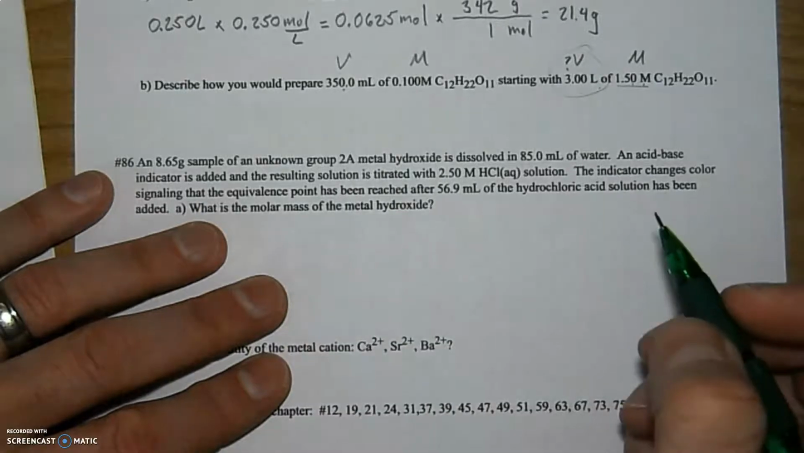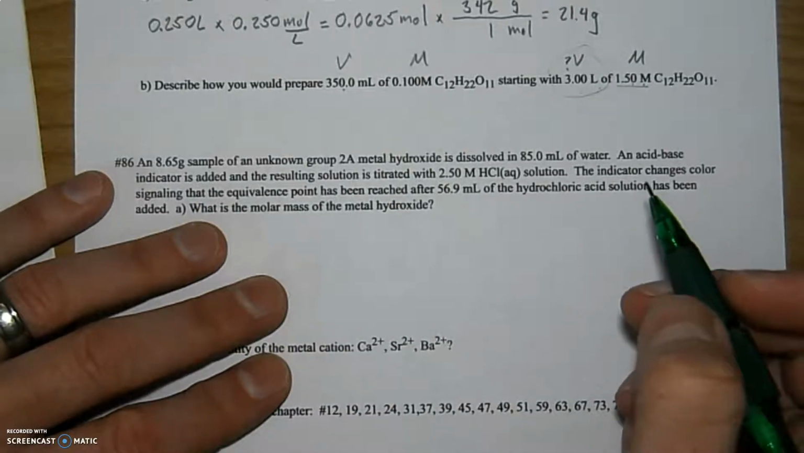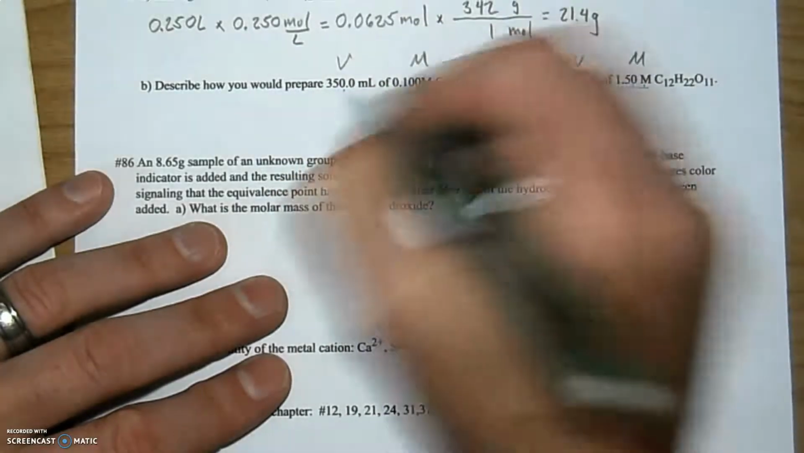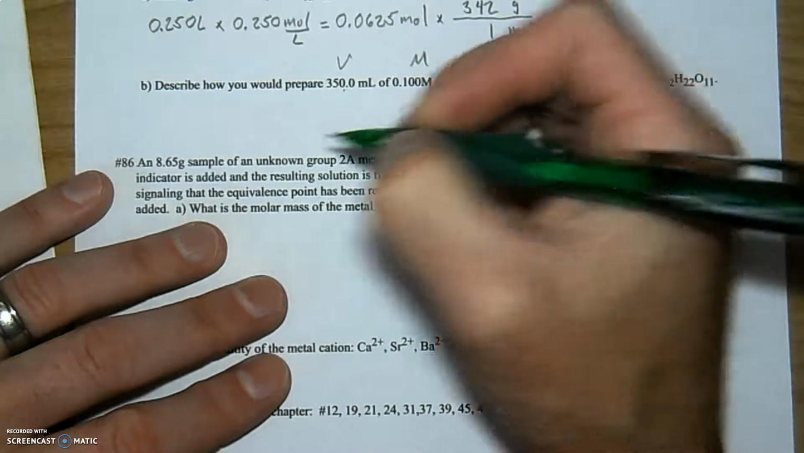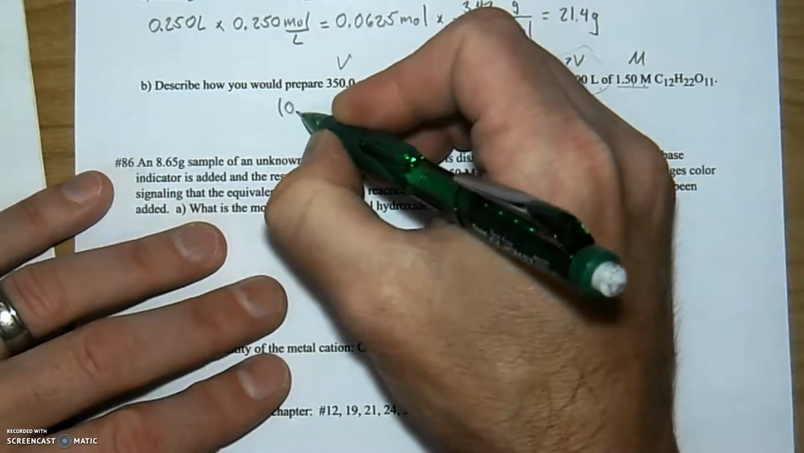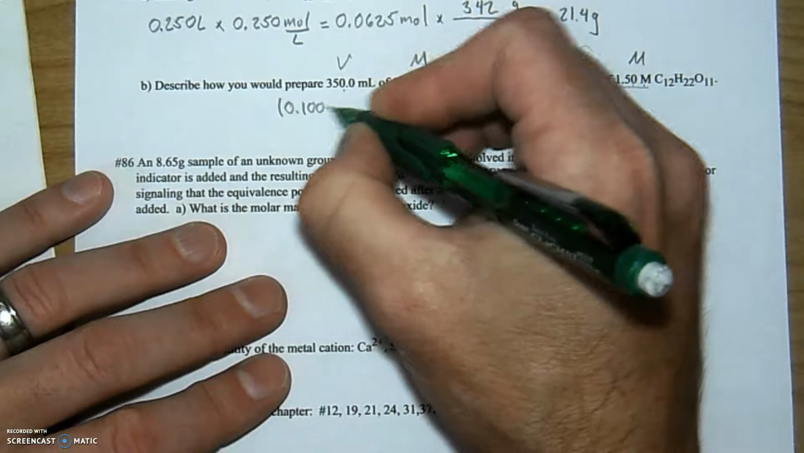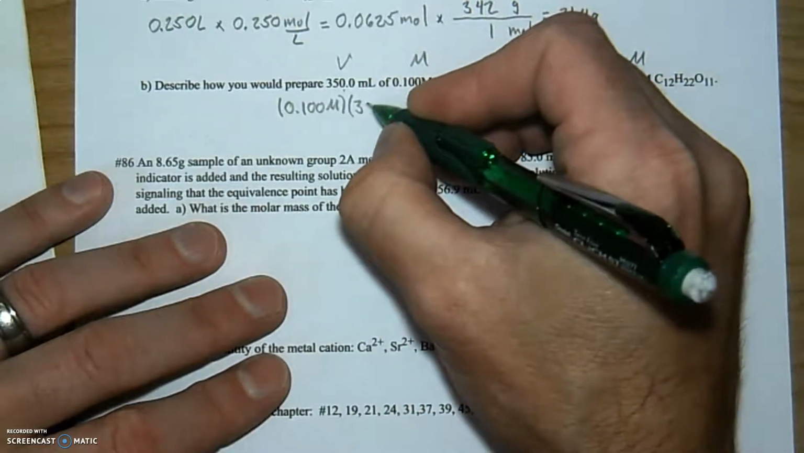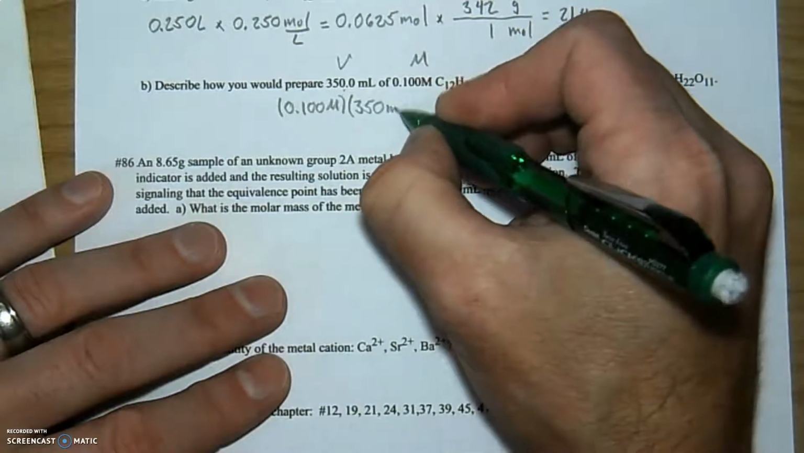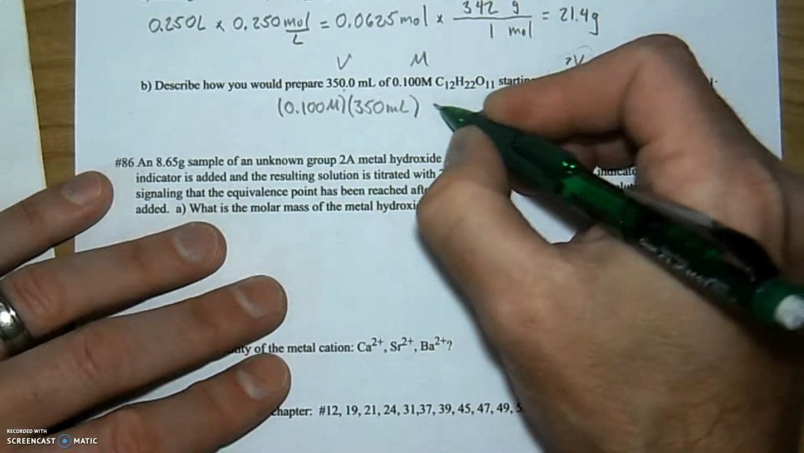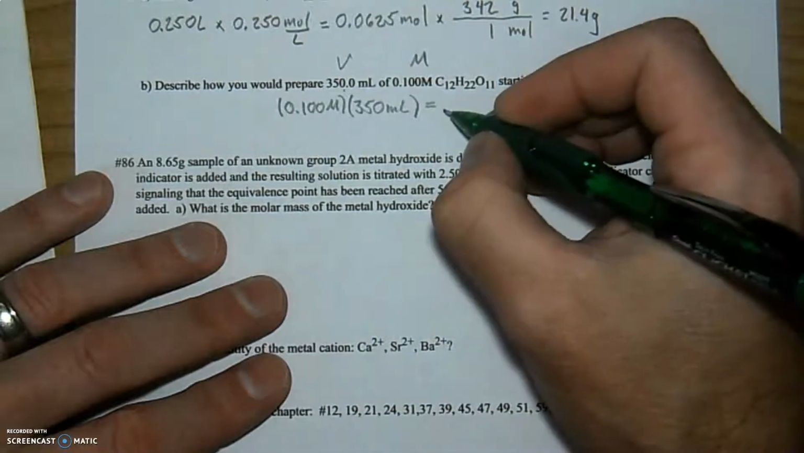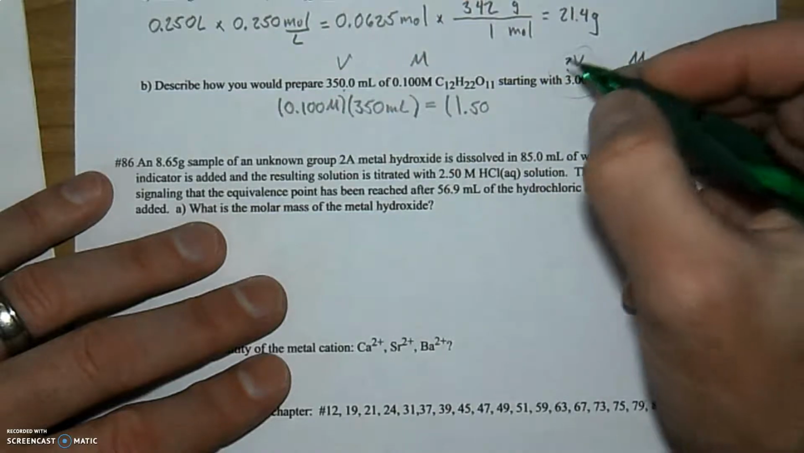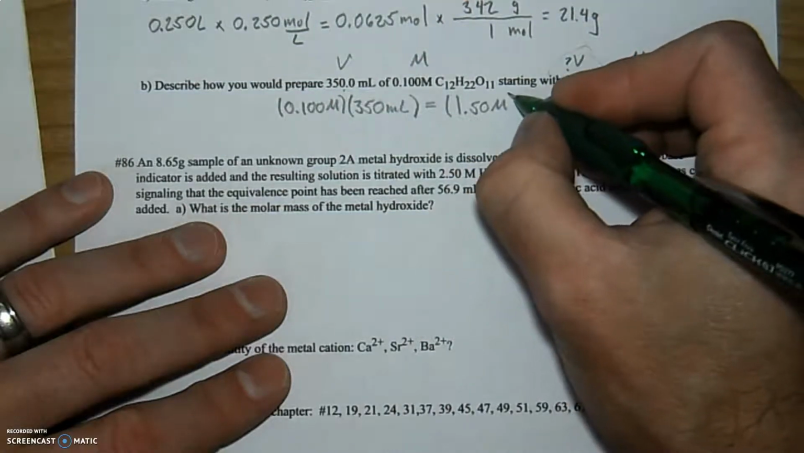So as I mentioned before, it doesn't necessarily matter who you pair up with who, as long as they go together. So I'm going to go ahead and just put these guys here because they are first. The molarity is going to be 0.100 molarity times the volume, 350 milliliters, is equal to the concentration of this stock solution